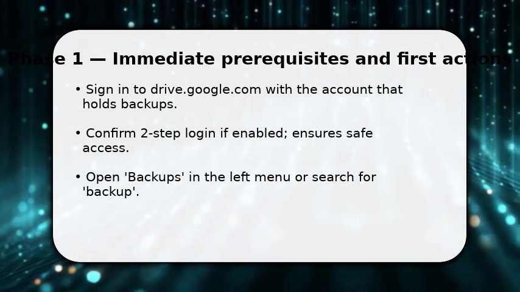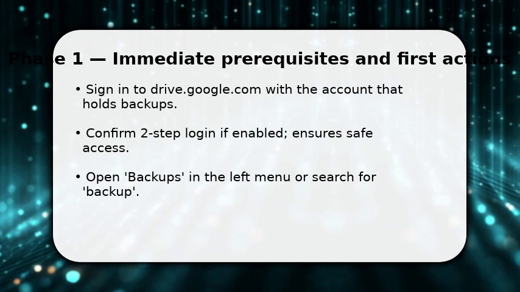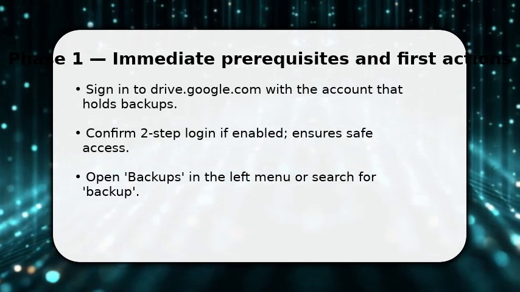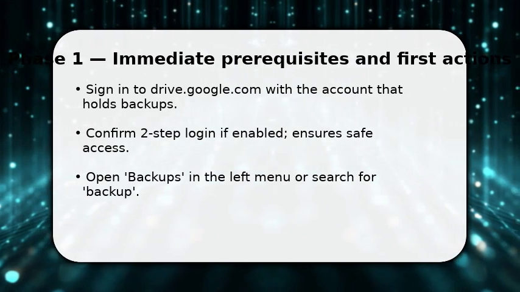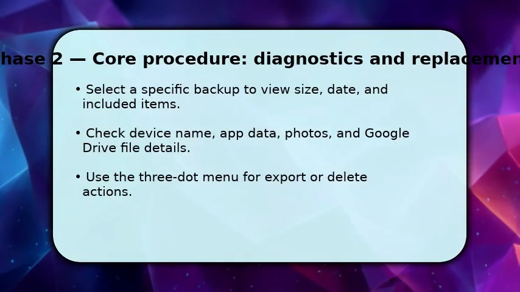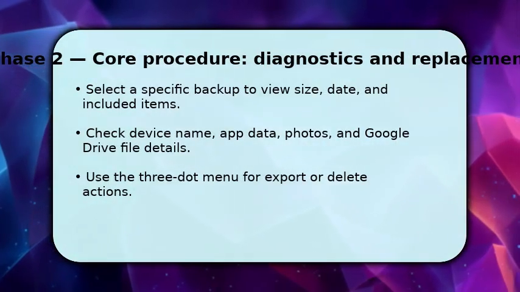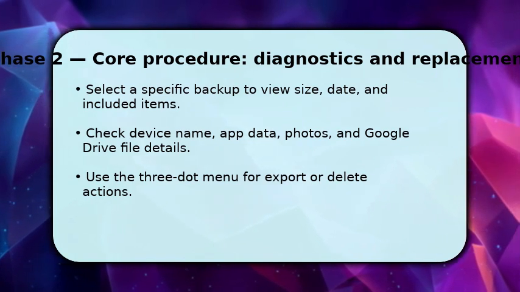Now click Backups to list device and app backups. This first view tells you what was saved and when. Once you see the list, select a backup to inspect what's inside. You want to note the backup date, total size, and which items are included, apps, photos, or Drive files, because